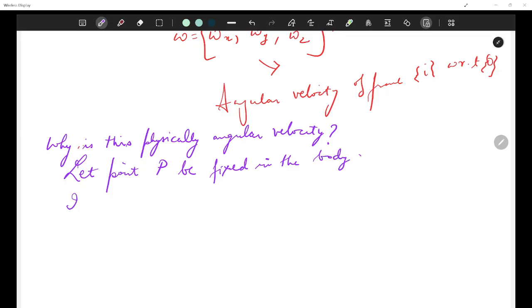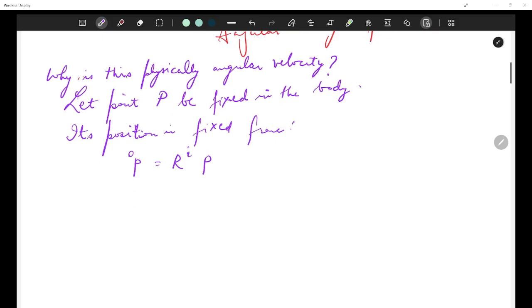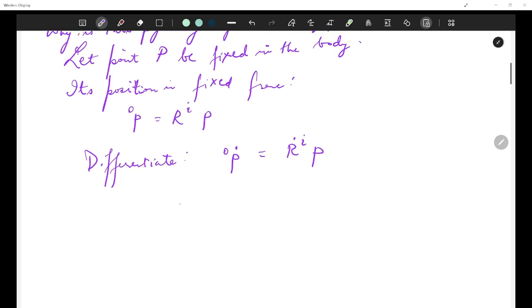So its position in fixed frame, position with respect to 0, can be given as Ri into P. Okay, if we differentiate it, what would happen? You differentiate on the left hand side, you also differentiate on the right hand side, and so since P of ith length, which is the position, is R